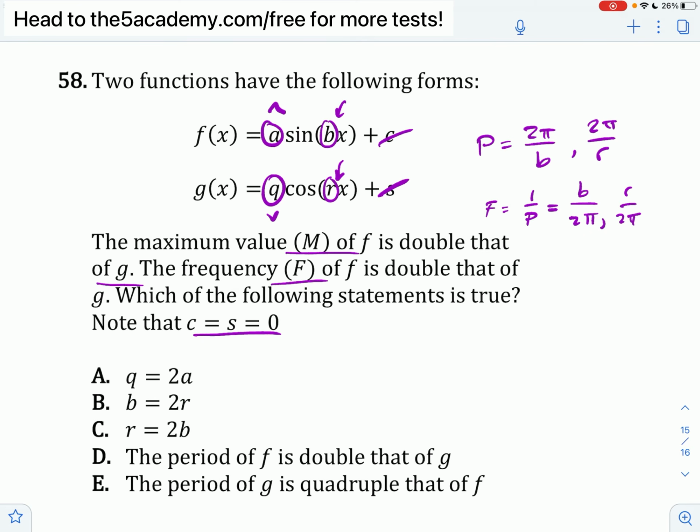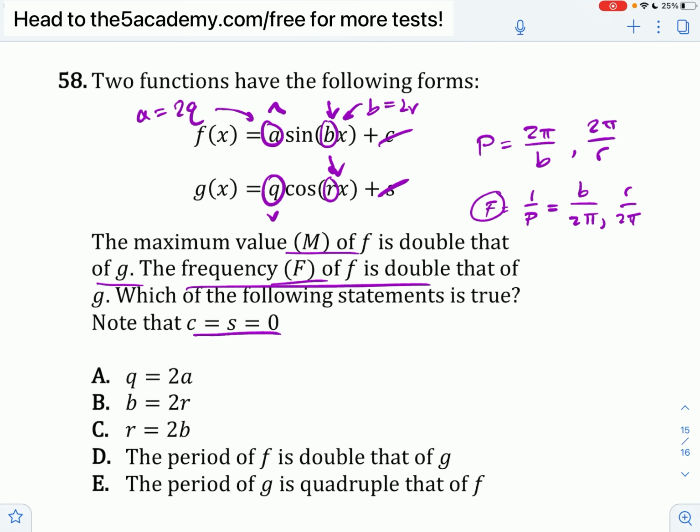Now, we know frequency is double. So frequency essentially increases with this number. If this number b is higher, or r is higher for one of the other graphs, that means the frequency is going to be higher. It tells us the frequency of f is double that of g, which means that this b value is going to be 2 times the r value, okay? Since this maximum value, m, is double that of g, that means that a should be equal to 2 times